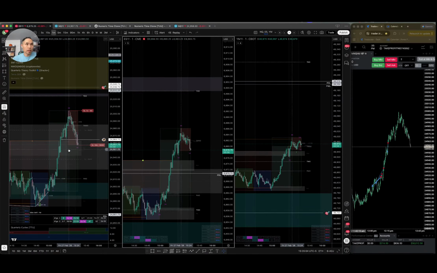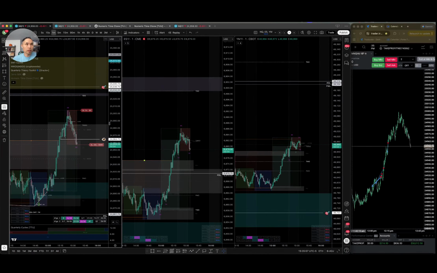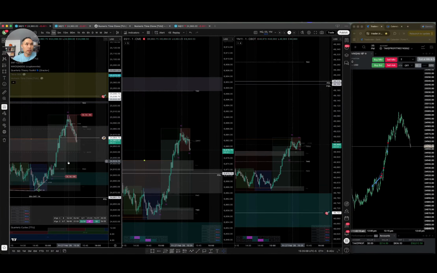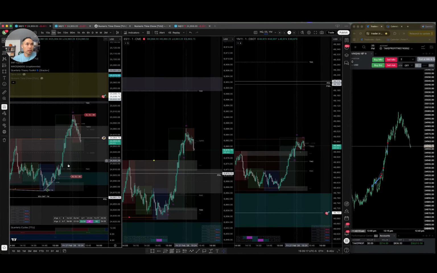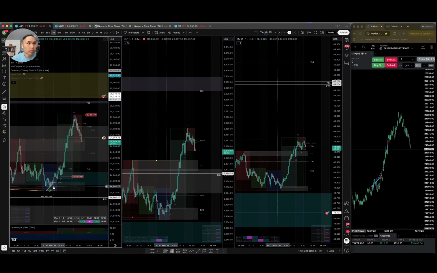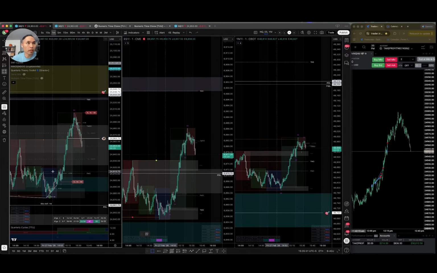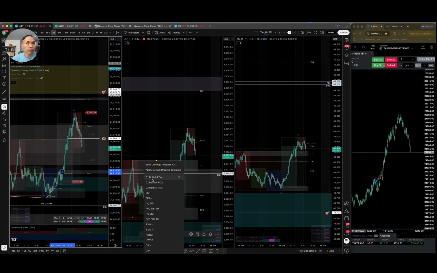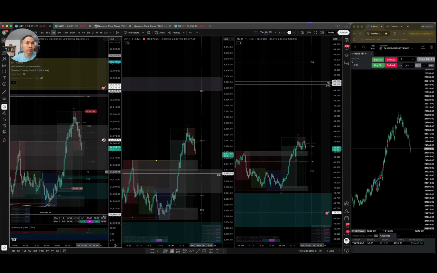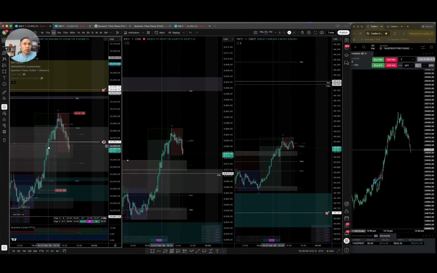That could be the manipulation for. Let's see here. Oh wait, this is the inducement macro right here, and this is the first gap to take liquidity. So that's a pretty important gap on the 1 minute. So you might revisit there,